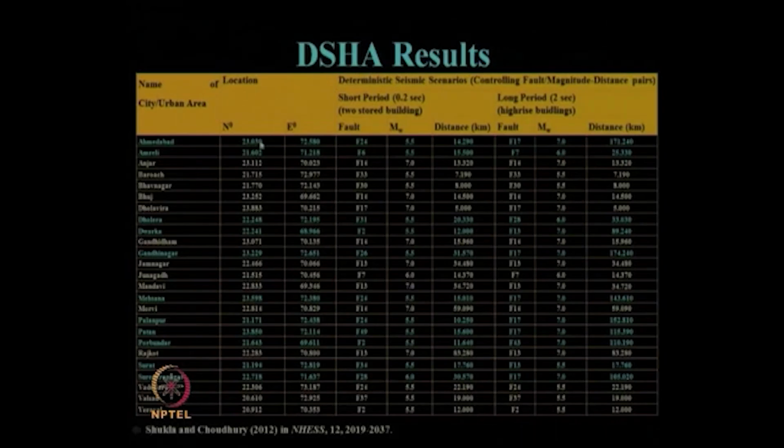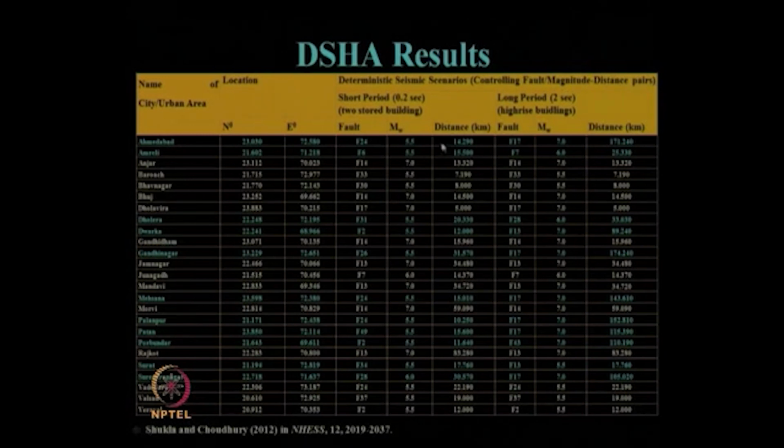For that, we have selected this latitude and longitude, northing and easting, given over here. At that point, considering it as a site, we have calculated the deterministic seismic hazard scenario for a controlling fault and magnitude-distance pairs for